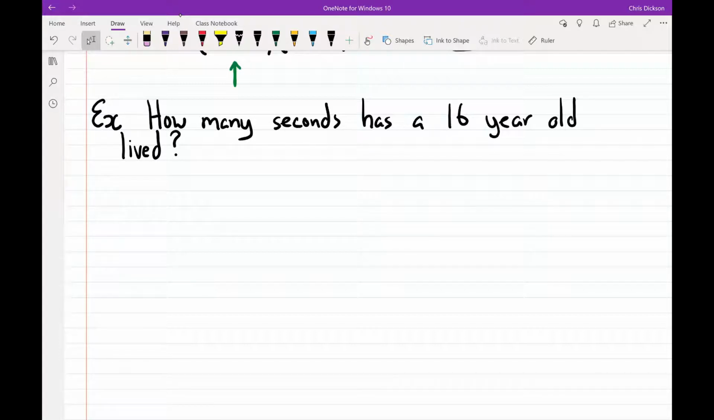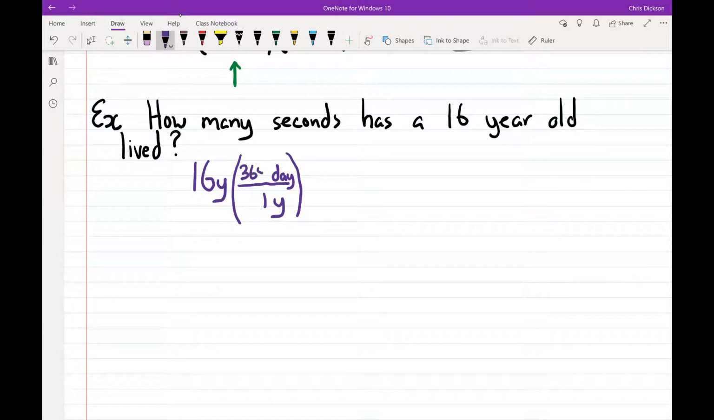Okay, so this one is an epic question. So you're going to say 16 years. Now the first thing I got to do is get rid of the years, so I need 1 year on the bottom. And the next smaller time unit I could think of is months, but not all the months have the same number of days, so I might go to days here. Let's do days. And I'm going to be saying 365,